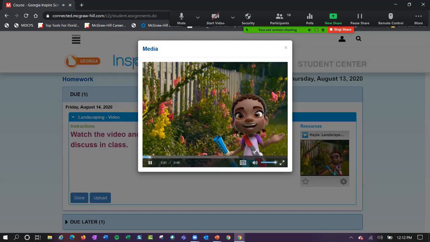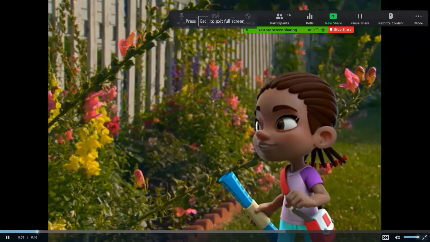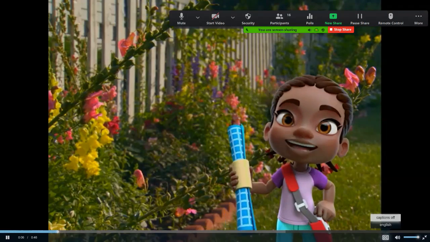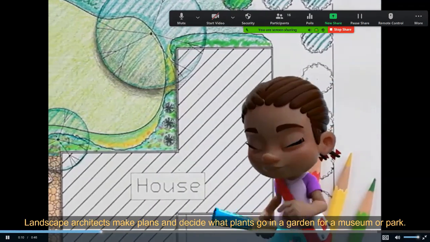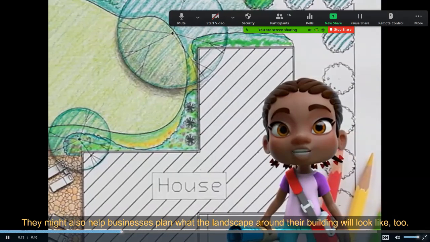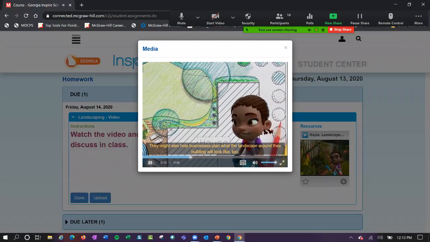Hi, I'm Kayla, and every spring I help my grandma plan our flower garden, just like a landscape architect. Landscape architects make plans and decide what plants go in a garden for a museum or park. They might also help businesses plan with the landscape around their